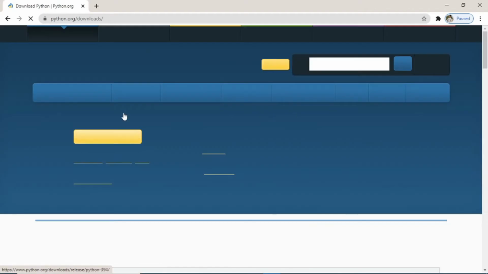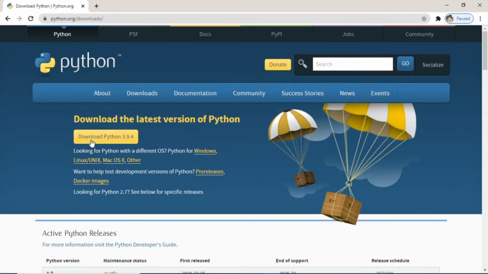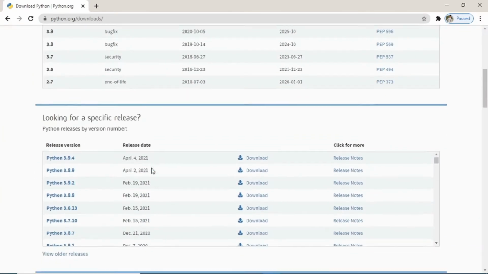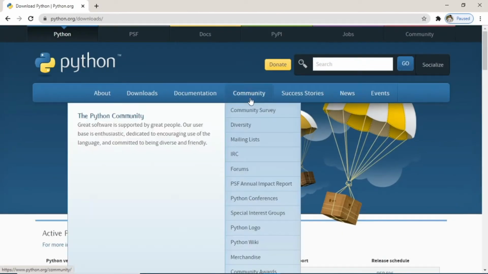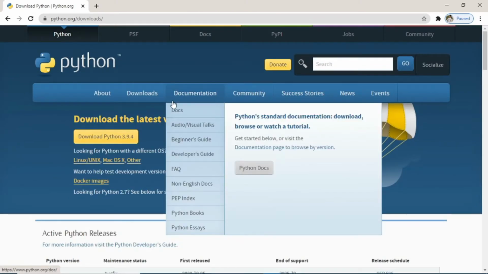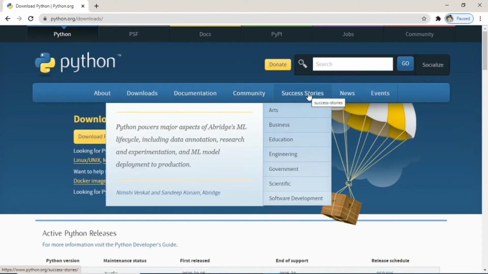Click here, and after this you can download here. Download the current version, Python 3.9.4. And guys, if you want to download any other version of Python, you can click here and download. You can also read the documentation of Python, the community, and success stories of Python.